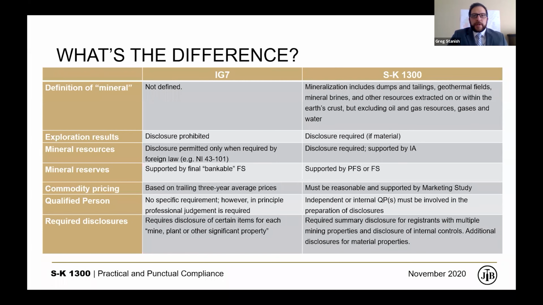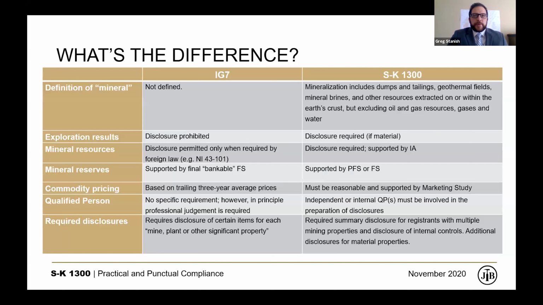Mineral reserves under IG7 were required to be disclosed and had to be supported by a final bankable feasibility study. Disclosure under SK 1300 also requires reserves to be reported. However, they must now be supported by either a pre-feasibility or feasibility level study. Commodity pricing under IG7 was based on a trailing 3-year average, and the updated rules now require that commodity pricing must be reasonable, but it must also be supported by a detailed